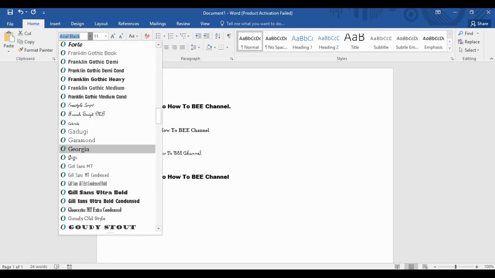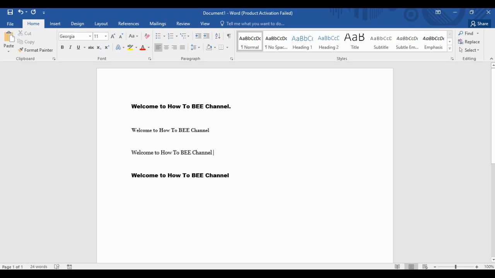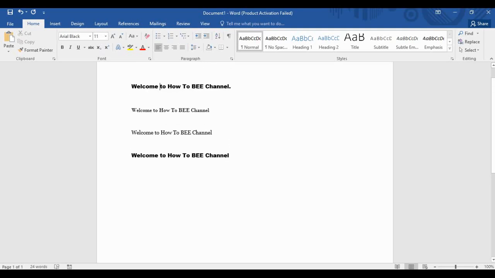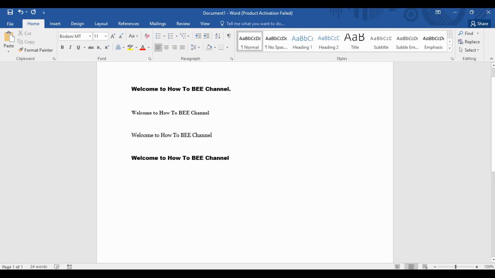Like if you want a bold letter like Arial Black bold, you can use this one, and if you want to use this one, I actually don't use it, but I'm just showing the example of how you will change the font,